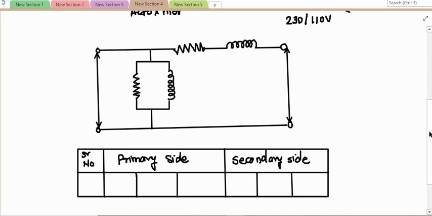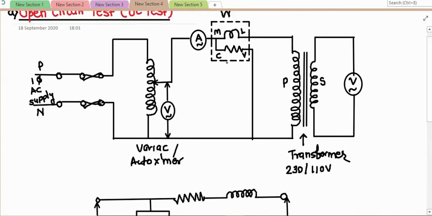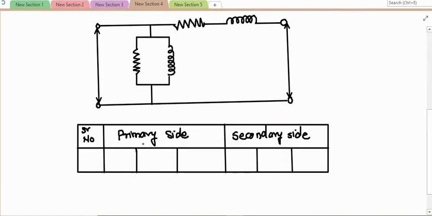So on primary side we have connected one voltmeter, ammeter and wattmeter. As I have conducted the open circuit test, there is no load connected across secondary. So I will denote the voltage across primary as V1. Then the whole current through the primary winding is the no load current, which is denoted by I0, and the power which is taken from the supply on the no load is W0. On secondary side, there is no current, only voltage is there.